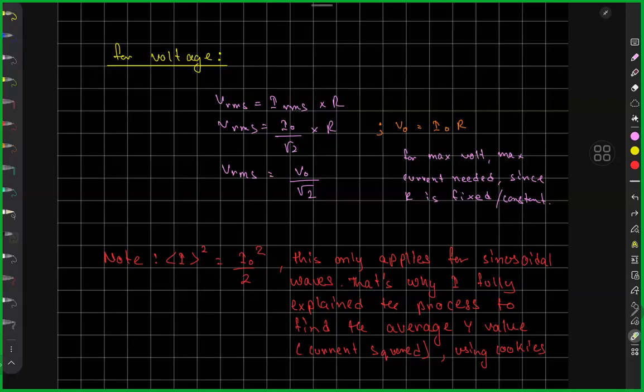So if they have given you the max voltage in the circuit, then you can simply divide that by root 2 to get the root mean square voltage or average voltage in the circuit. Okay,